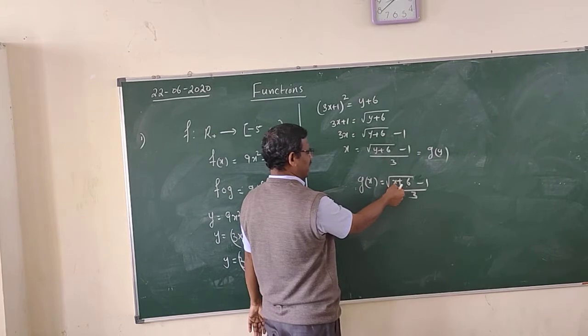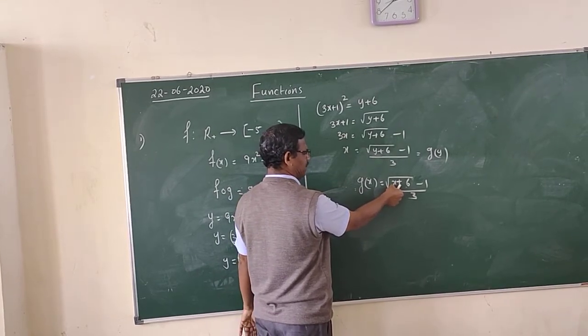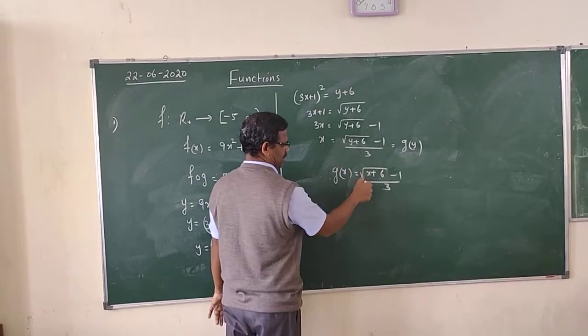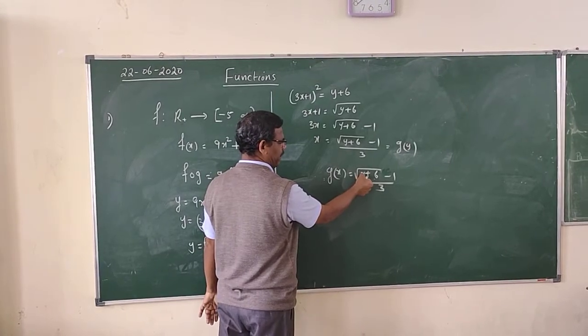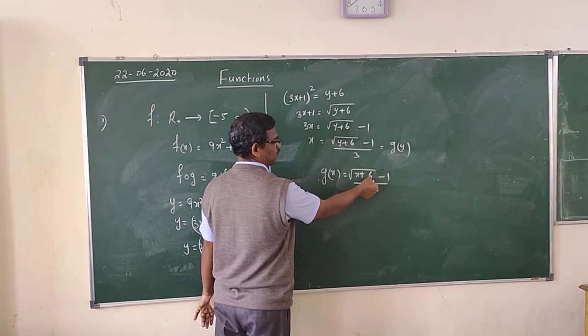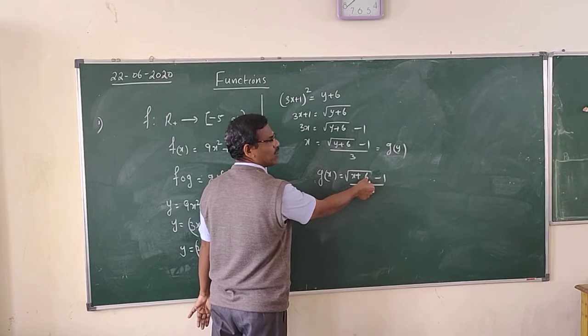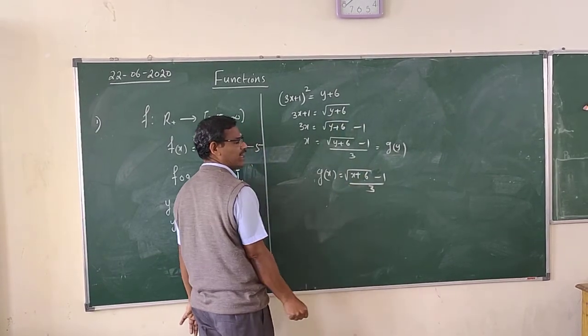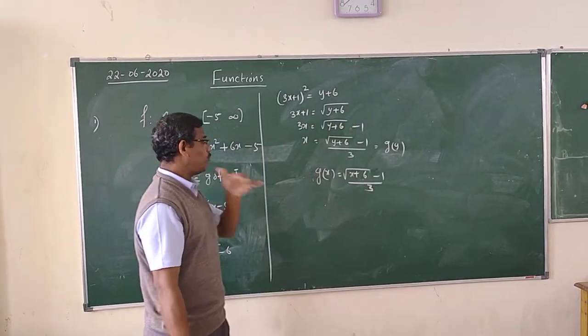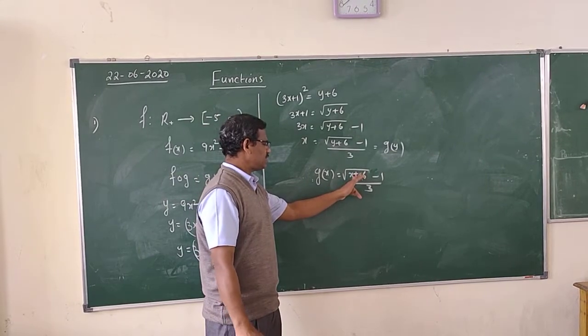You can see that if I take the value of x as minus 7, then minus 7 plus 6 gives square root of minus 1, and square root of minus 1 is not real, it is imaginary. So for more than say